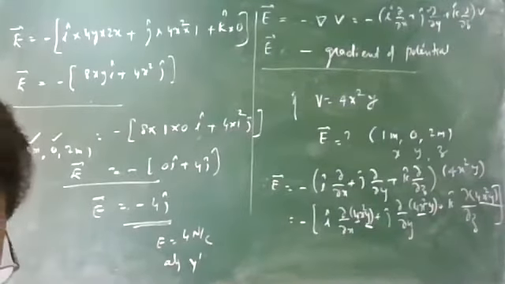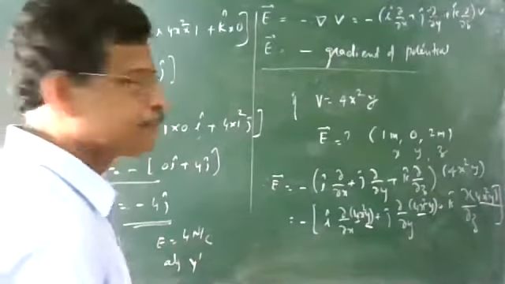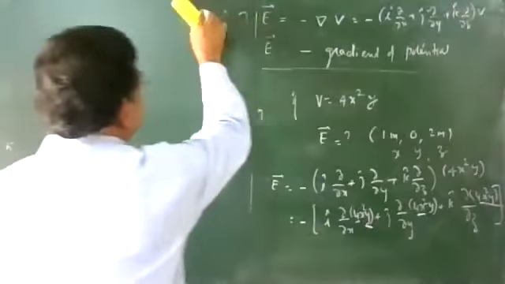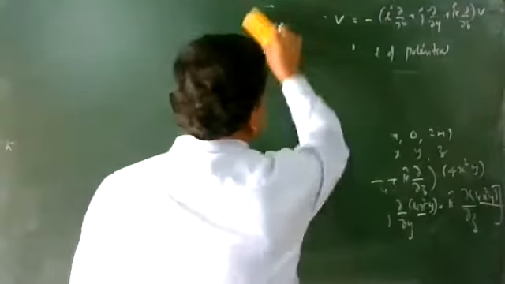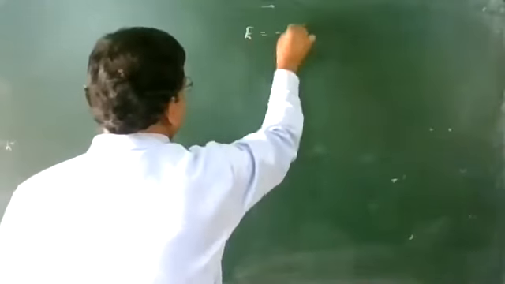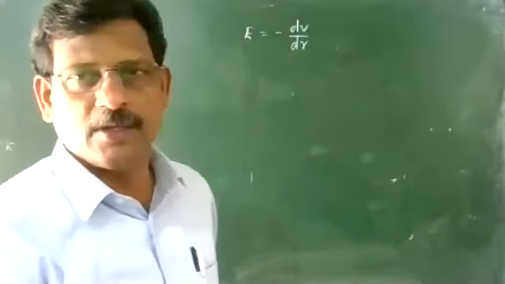Next, we are going to do a very important section, that is electrostatic potential energy. But before that, a very important question. Regarding the relation between electric field and potential, we have seen that electric field is the negative gradient of potential. So, board questions. Or simply we write electric field as negative gradient of potential, equal to minus dV by dr. Based on this equation, both questions are like this.